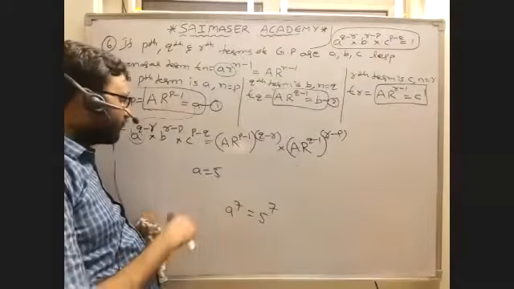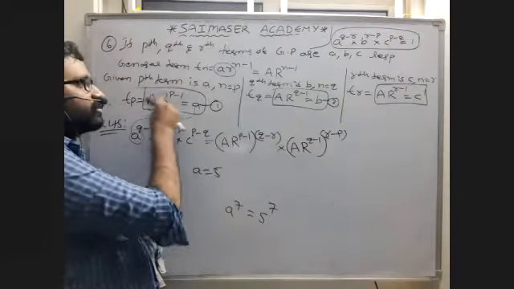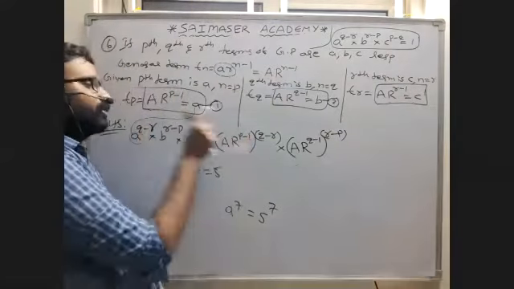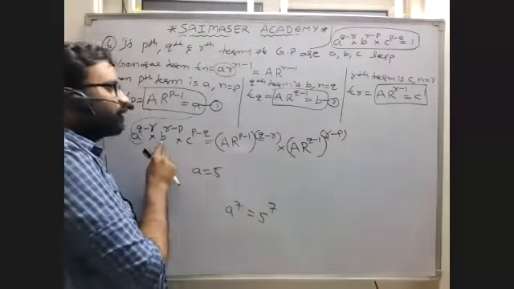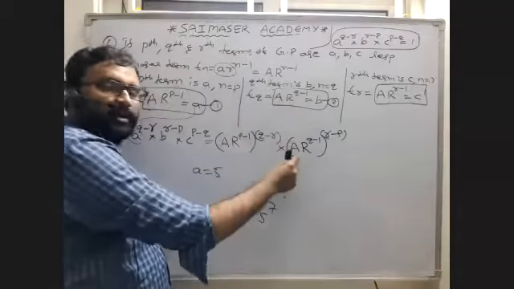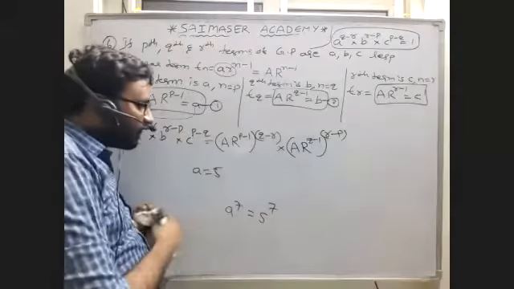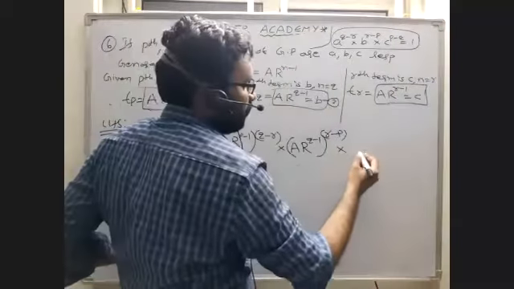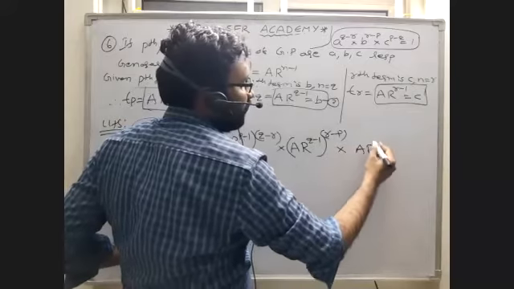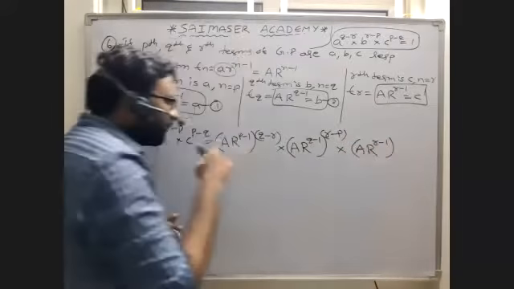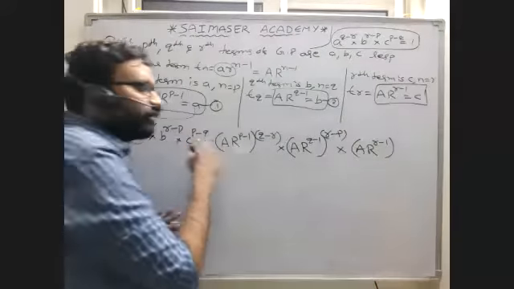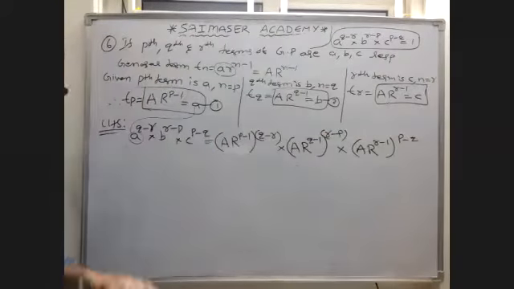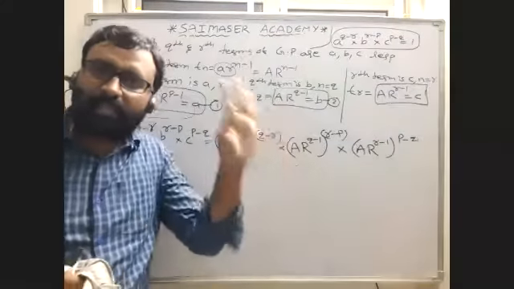Same like that only. Here, the a value is this one, the total one, in place of a. The power is (q minus r) into b. What is b? This value is b. The power is (r minus p). And the last one is c. What is c? a r power (r minus 1). This is c. And what is the power of c? (p minus q). Just what I did here, I substituted the a, b, c values.